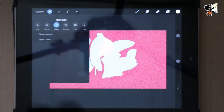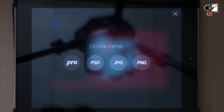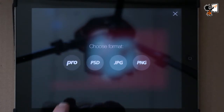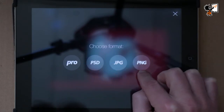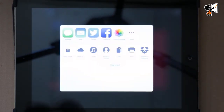After you've finished your drawing, you can save it. So you press save artwork, and then you get different options. So it's the Procreate option, which is the file for Procreate, PSD, that's for Photoshop, with layers, JPEG and PNG. So I'm just going to select the JPEG, and now you get options for how you want to save your